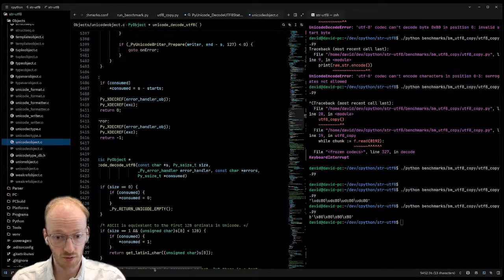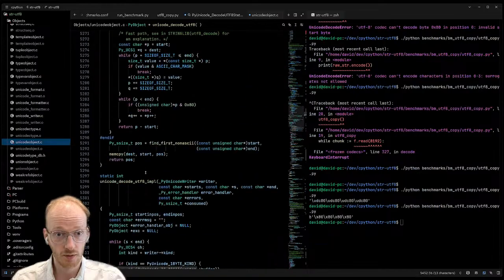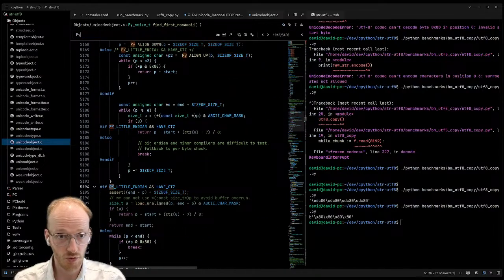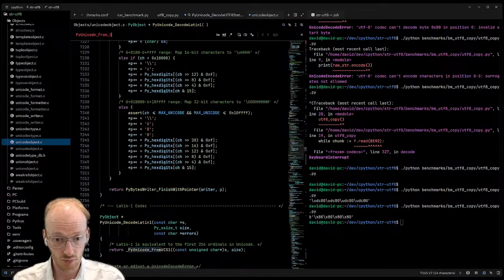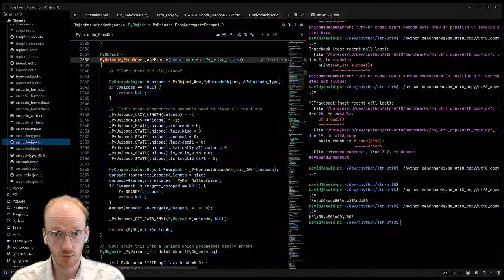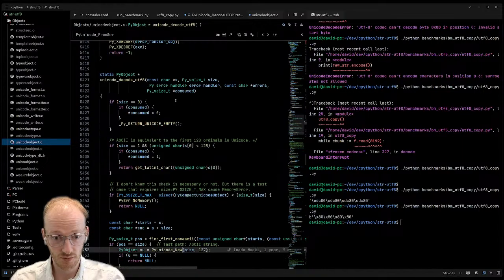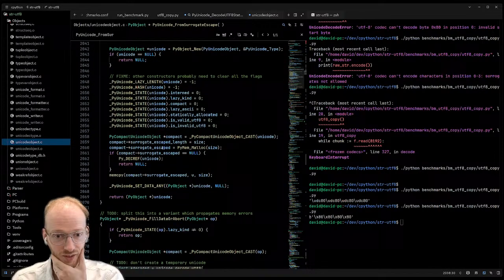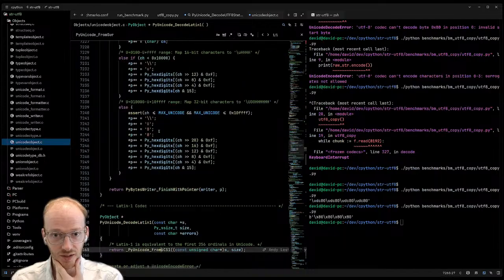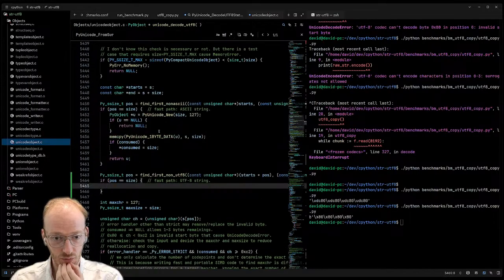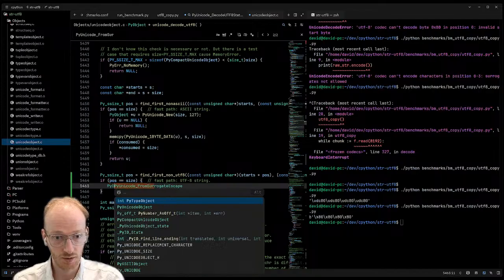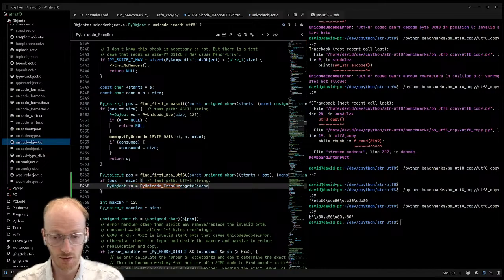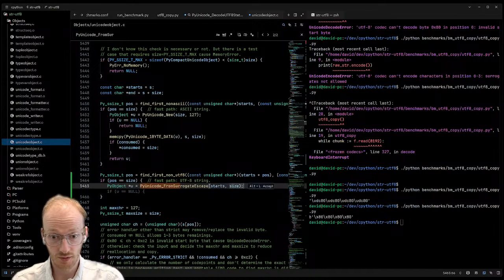We don't want to use Unicode new here, do we? We want to use, we had a function for this. Can we remember what it is? Unicode from surrogate escape. Oh, nice. We wrote it already, and I think we can just use it. Unless it goes round. No, yeah, this doesn't do any decoding or anything. It just does the work. So we can go here. I can just return that, right? Yeah.